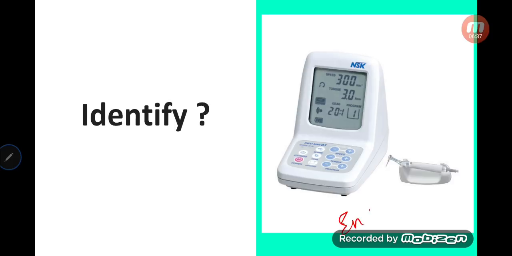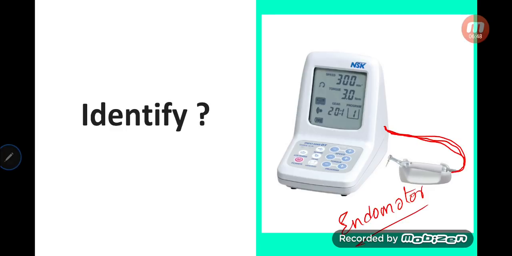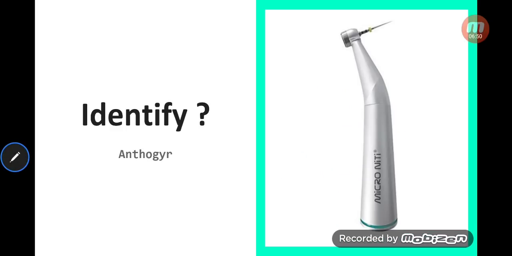This is an endo motor. You'll have a wire extending here. Now there are many cordless systems available without wire, but regularly they will have a wire. And this almost looks like your micromotor, but this is the initial